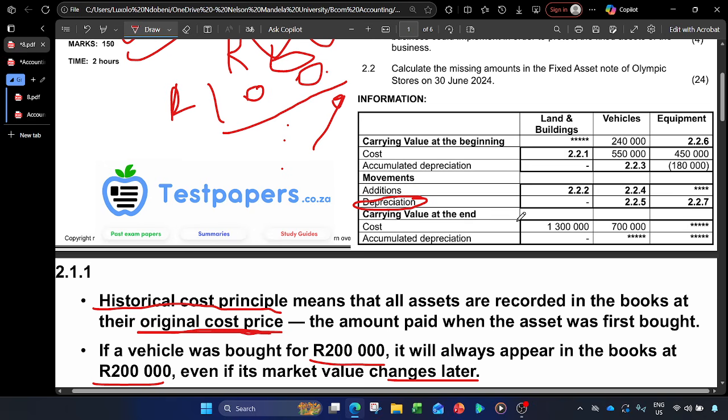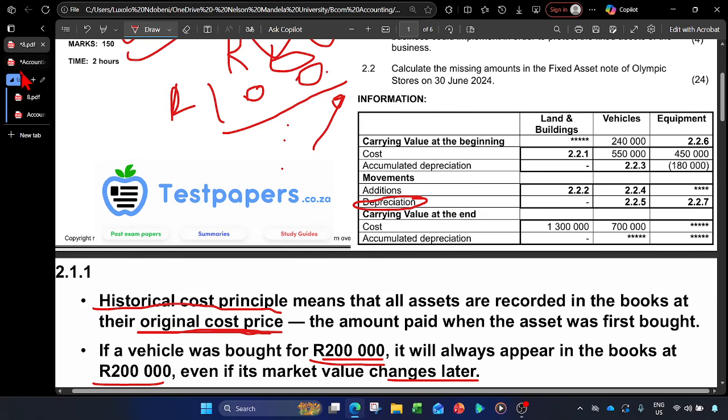So that means the carrying value of the asset will be less than the cost at which we bought the asset. If we bought the asset at 200, let's say the carrying value will now decrease to 180. So according to historical cost, the cost of the asset will not be 180 after the depreciation, but will be the amount before the depreciation, which is the price at which the asset was bought. Please, I hope you understand that.